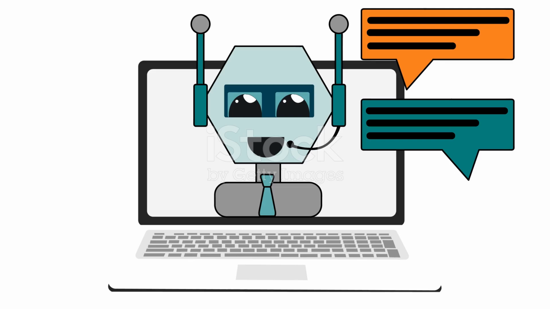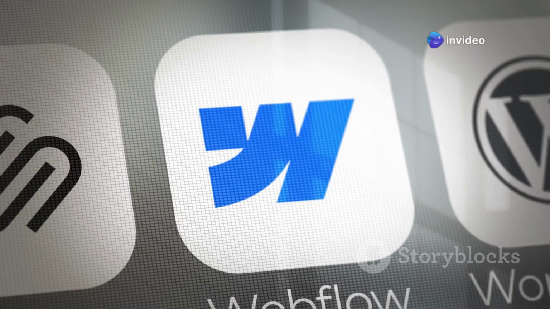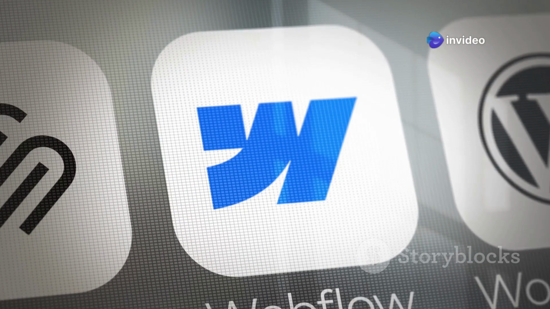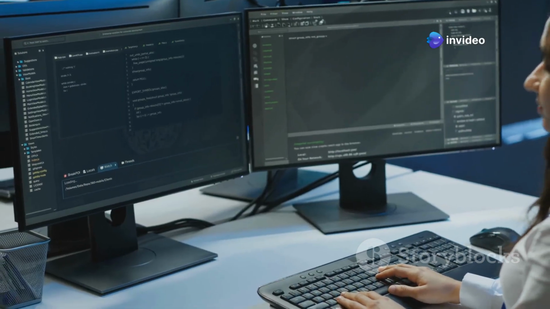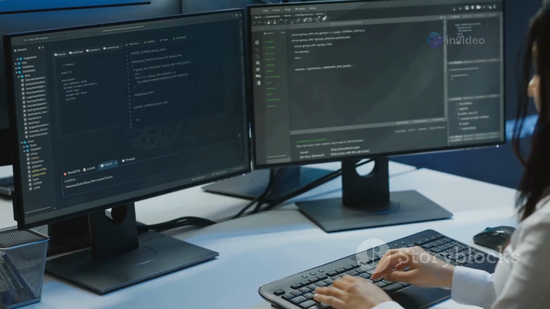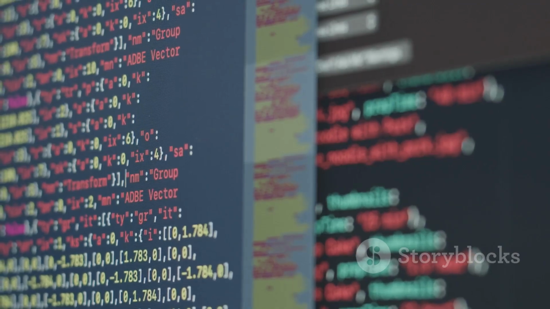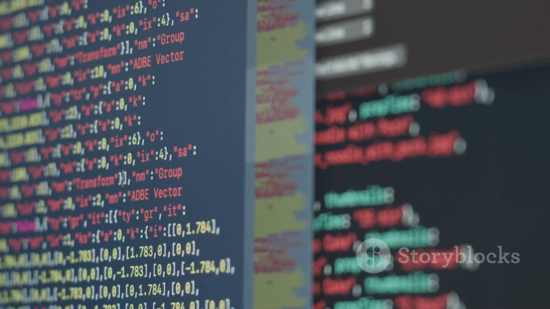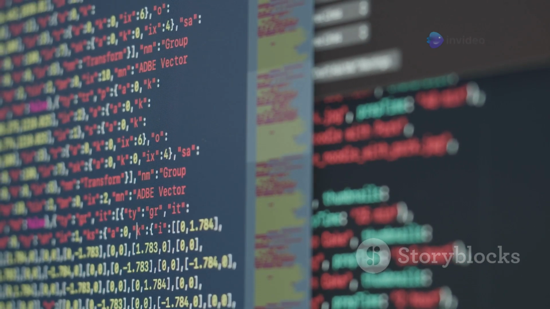Step 4. Build the chatbot. If you're using a no-code platform, simply drag and drop elements to create your bot. For developers, write code to define intents, entities, and responses. For example, using Python with the ChatGPT API, you can create a simple chatbot in just a few lines of